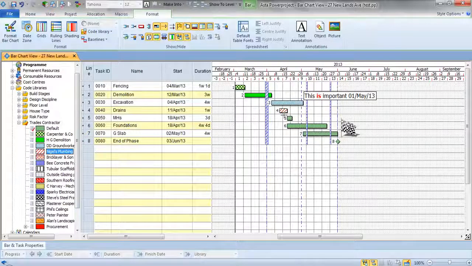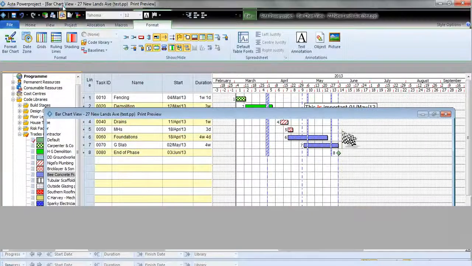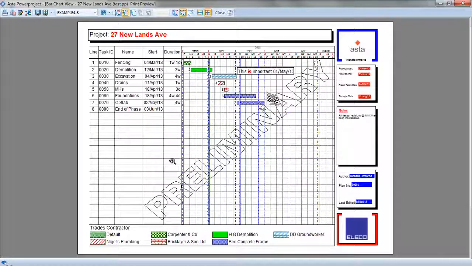And we can either display that in a column on the body of the plan, we could put it as a text annotation after each activity, or we can select, in this case, more than one activity, and put a single code onto 2, and so we can see that appearance on screen, but later when we preview that or print it out, we can see that information presented. And at this point, with PowerProject, we wrap around the output that we're going to create what we call a border, and you select that border and you can edit that border